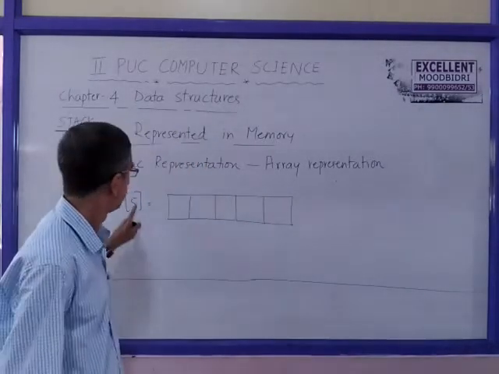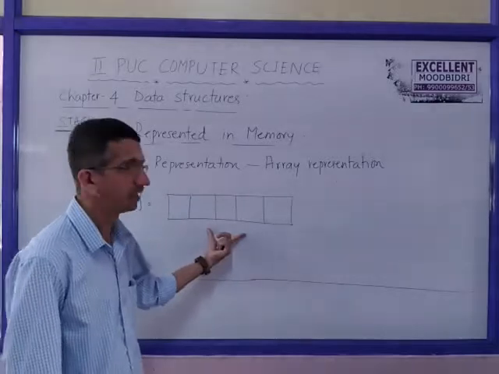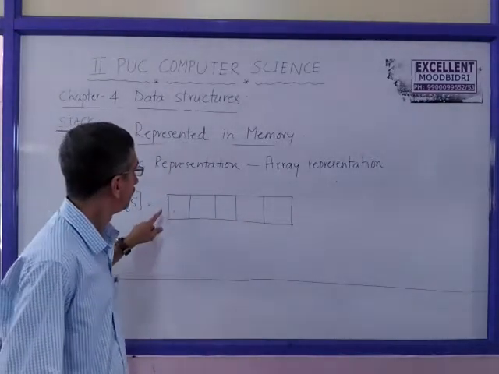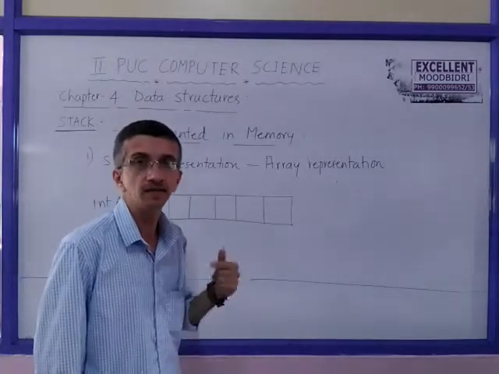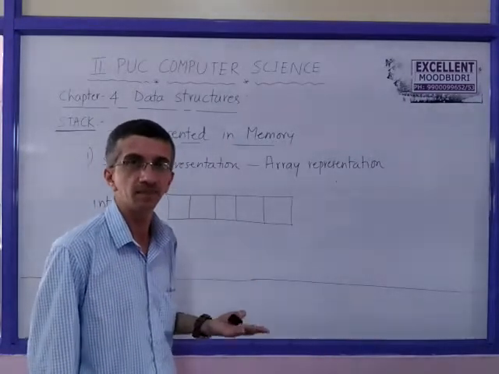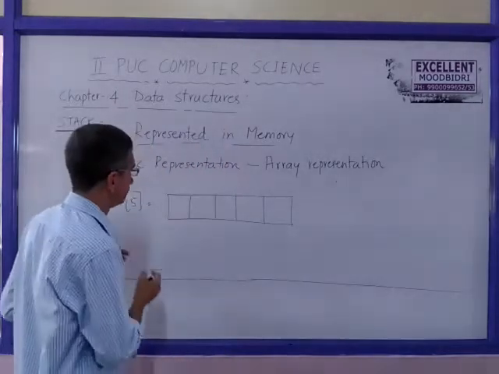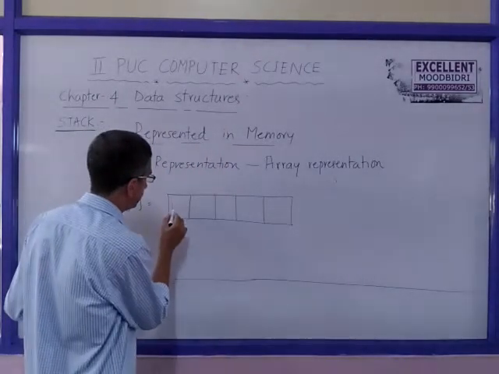Now we have created a stack using an array. Array means we have to fix the size. So this one is what we call a stack. Then at present how many items are there? 0. Stack is empty. Correct? How to insert one item? Suppose we insert one item like this. 10 is the new item inserted.